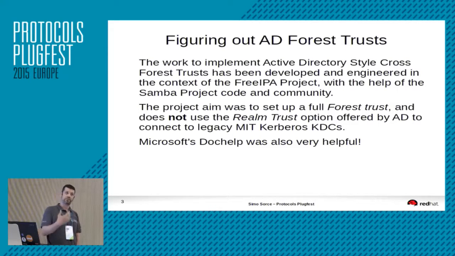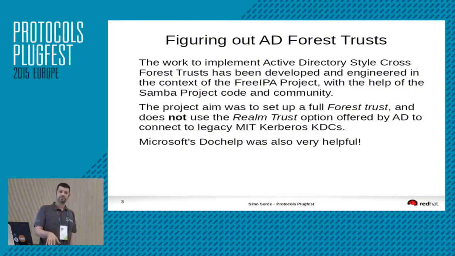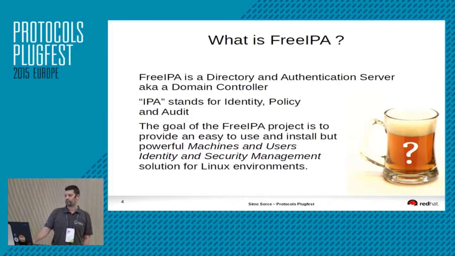Even when you just read the documentation, sometimes the documentation has bugs, and being able to ask them whether this is really correct, because we're trying to use it and it doesn't work, is valuable. They are very fast for what is an industry standard, and always very precise, very deep. They can get down to the deep level of the protocol and tell you, yes, this is how it works, or no, we have a bug, and we will document why Windows does this or that. It's been really useful. So let me try to explain what FreeIPA is